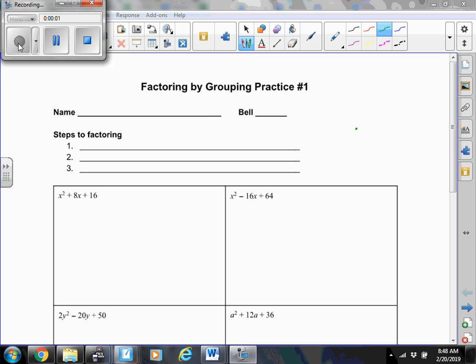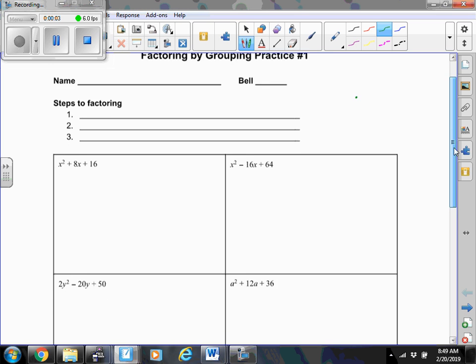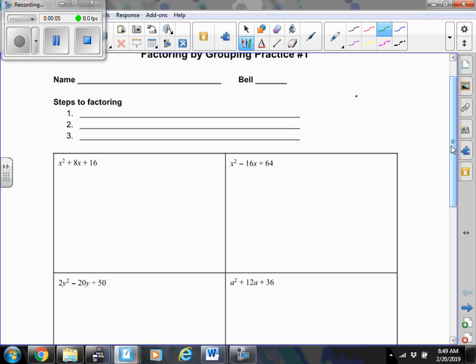Okay, this is factoring by grouping, but remember, you always want to do the GCF first. So your steps to factoring: make sure you get your GCF out. That's step one, if there is one. There may not be one. Step two, if you see a binomial, then it's a good chance you're doing the three check or